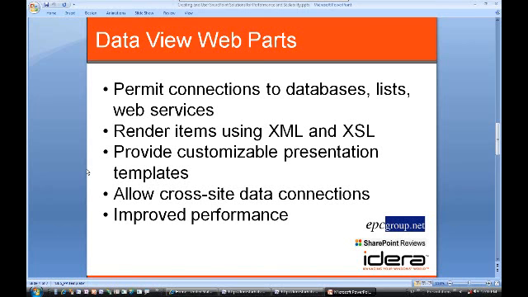The best part about the data view web parts is that they render the items using XML and XSL, so they're not as query bound and don't use the same legacy code base as the list view web parts do. And they have some customizable presentation templates that you can use. So there's different ways you can set the data to appear that's all point and click within SharePoint Designer. You can do cross-site data connections. So if you're trying to pull data from one site collection to another, which is a challenge using any of the out-of-the-box web parts, data view web parts allow you to create connections across site collections, which is really handy. And because of the way they execute their queries, it's actually running object model code